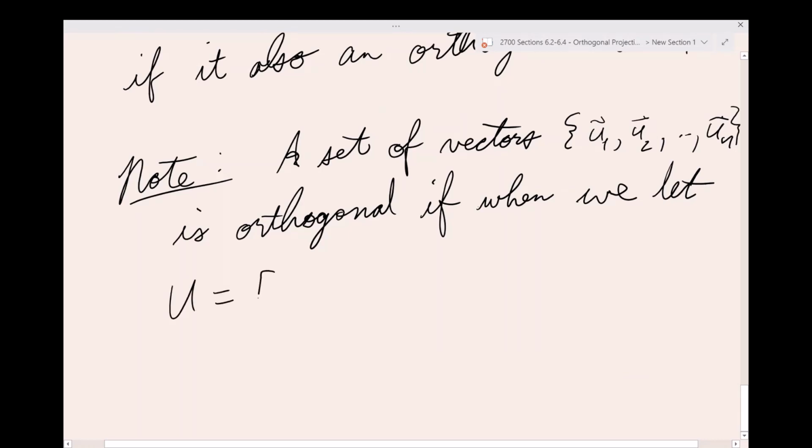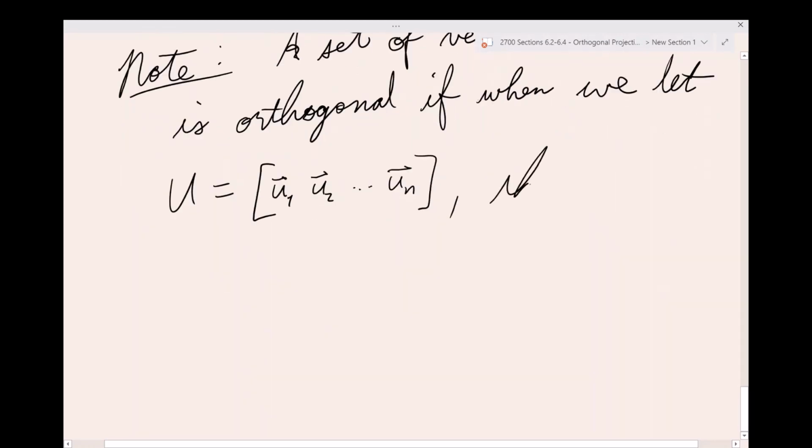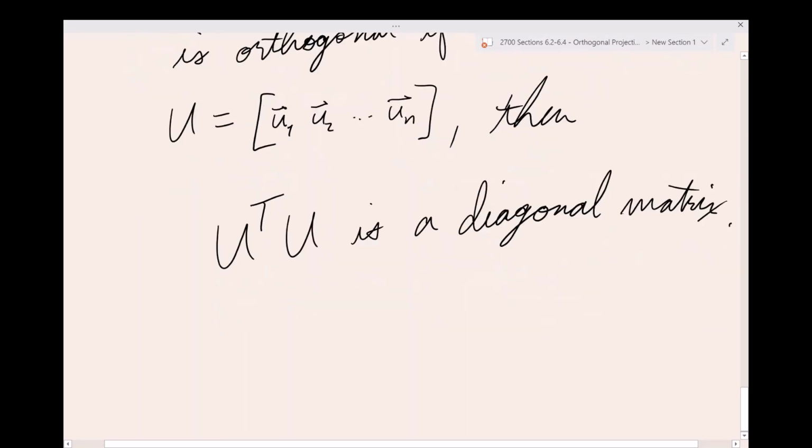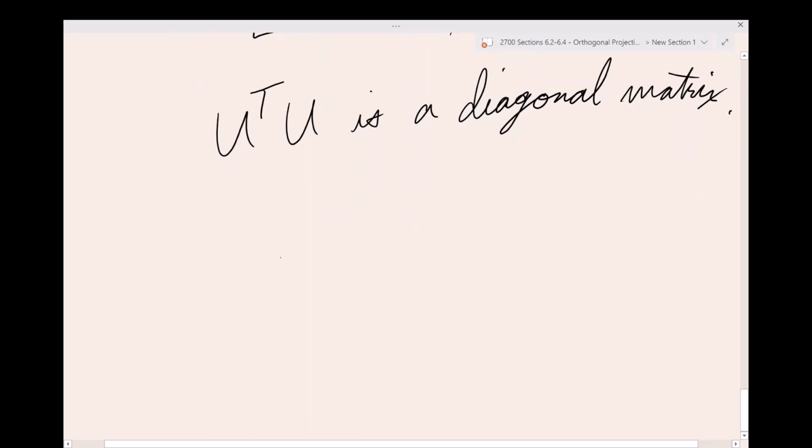U, let's just say this is the matrix that has those as its columns. So if I look at them as the columns of a matrix, then all I really do is just say, well, U transpose U should be a diagonal matrix. And this is actually really easy to see. If U's columns are an orthogonal set, and then I transpose U,